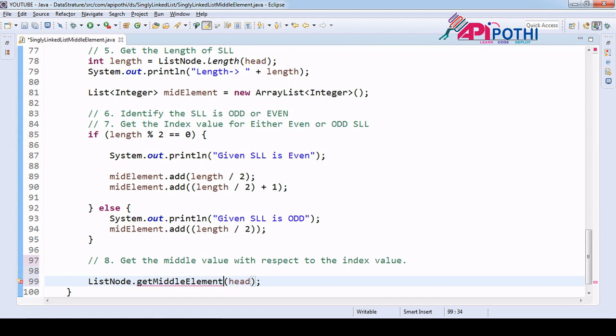Okay, and here we are going to pass two things as arguments. First thing is head, and second thing is index,